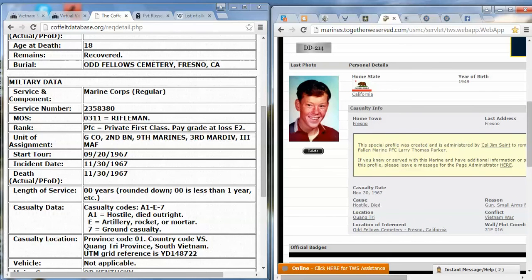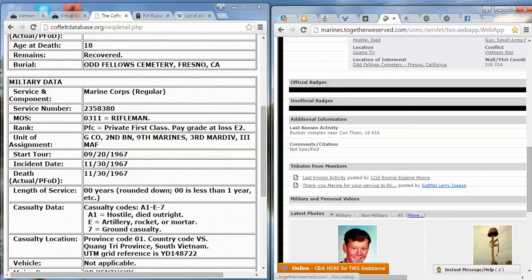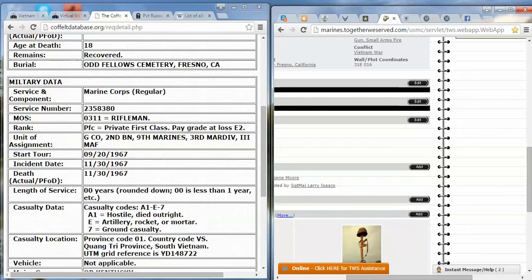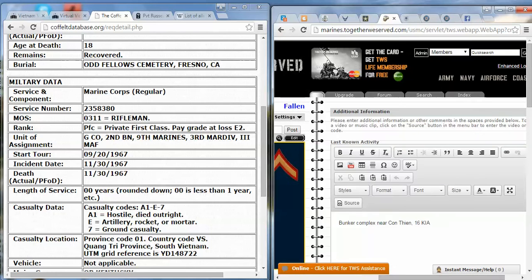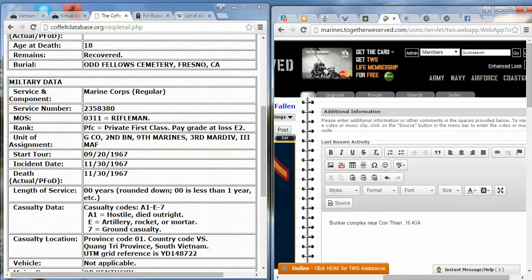Start of tour we can put down here. We may eventually have a start of tour date available in personal details.